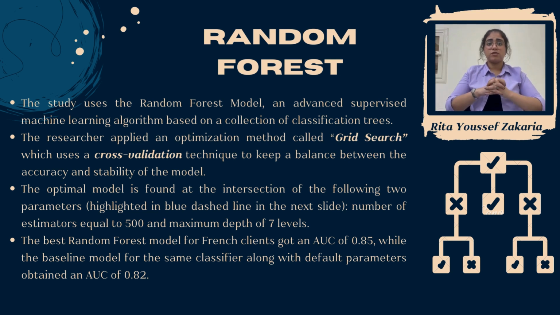The researcher used an optimization method called grid search to find the optimal predictive model. Grid search uses a cross-validation technique by which the machine learning algorithm can be evaluated on test subsets in order to find the best model that has the highest accuracy and stability at the same time. This provides multiple combinations of models to be fitted based on an input of parameters chosen by the analyst, and provides an output with the best recommended model using a performance metric which is chosen before building the model.